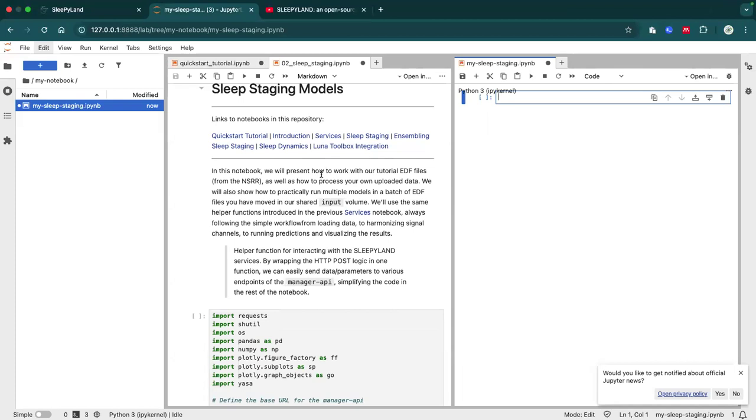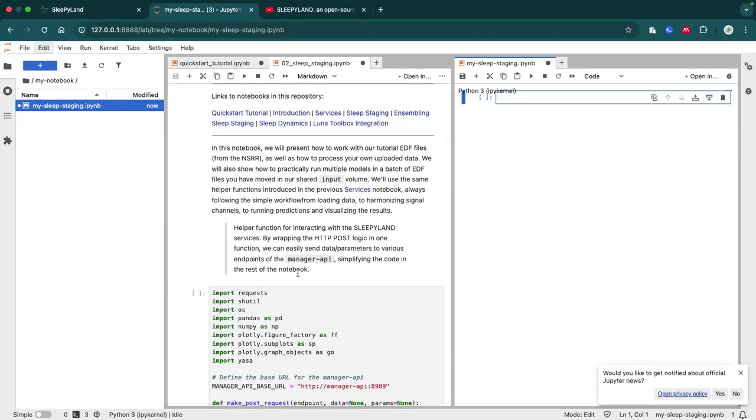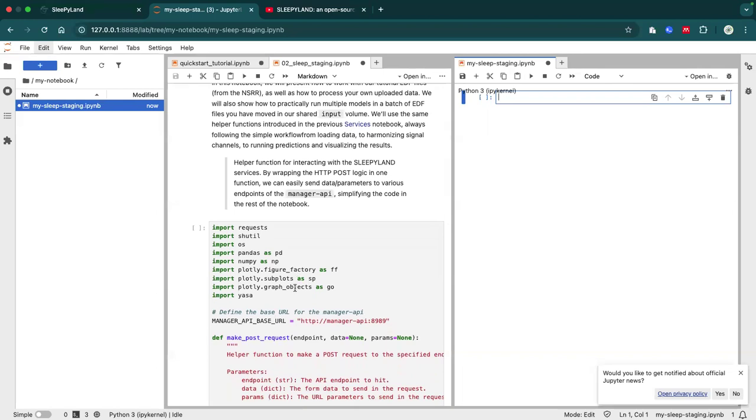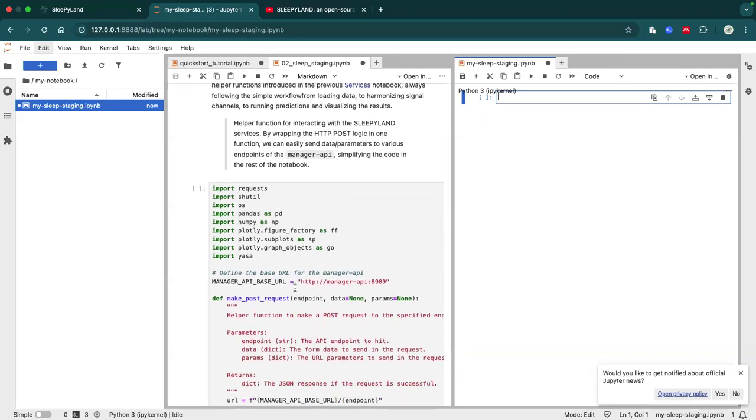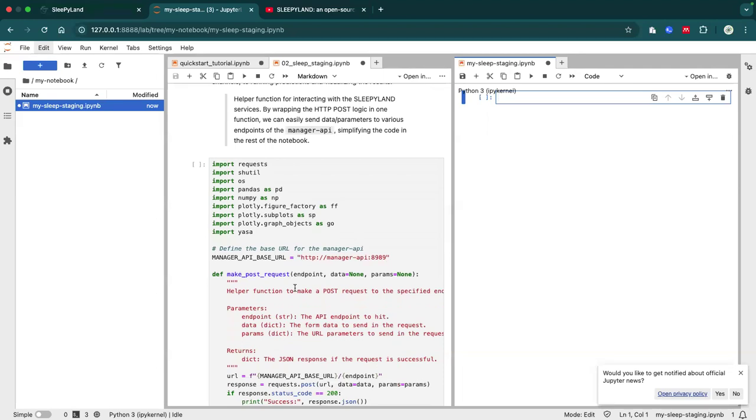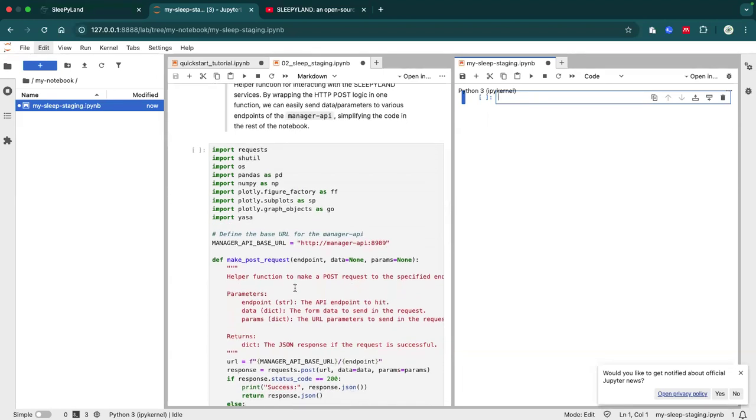So how to interact from the notebook with all the services? What we are exposing in the notebooks in general is this helper function that lets you interact with all the SLEEPYLAND services, where the services are the containers, remember. So the NSRR download container, the use SLEEPYLAND containers where you had models. And of course, this has been implemented